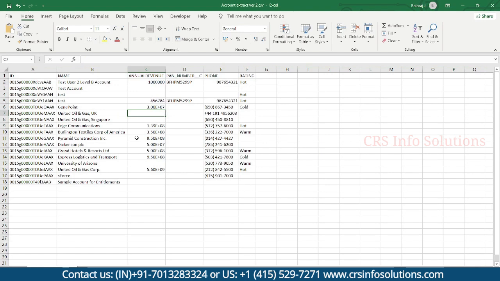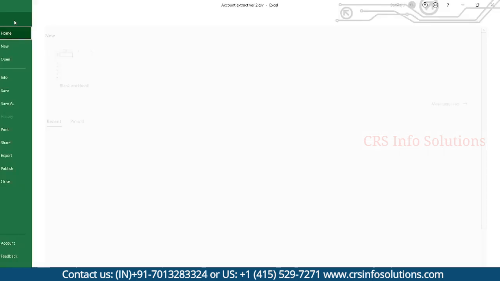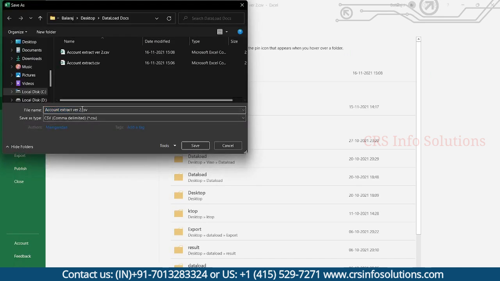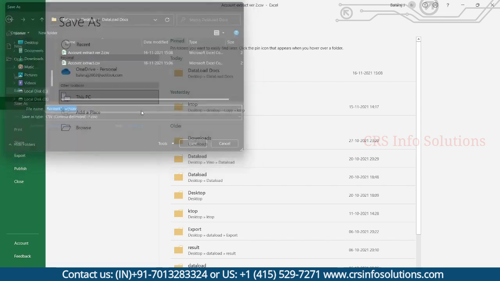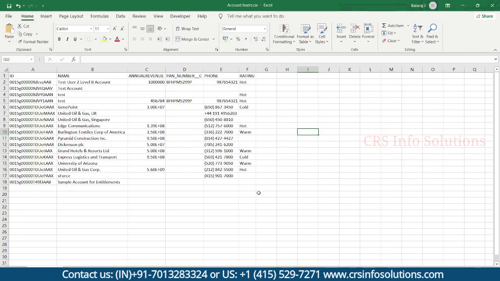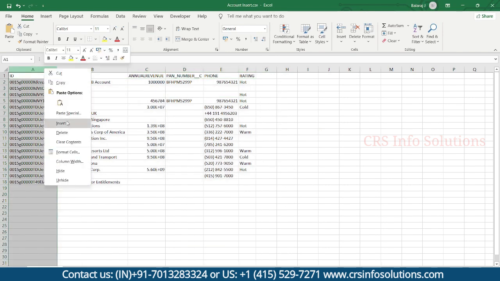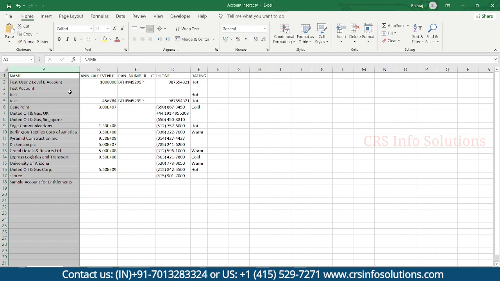Okay, so now I wanted to do an insert operation. So what I'll do is I'll just save this file, and here I'm saving it as account insert. What I'm doing is I'll just remove this ID column because before inserting we won't be having IDs,